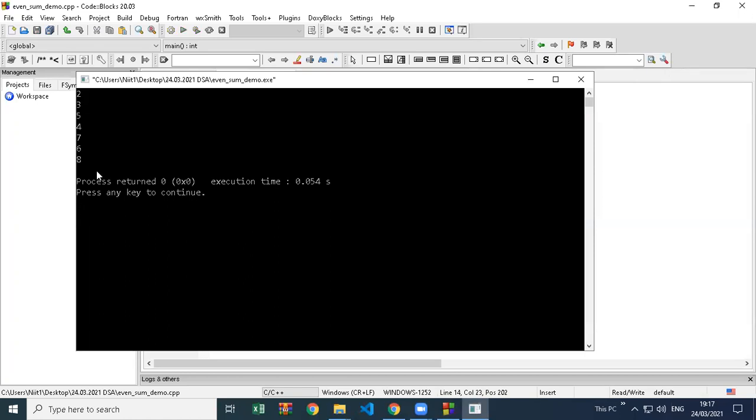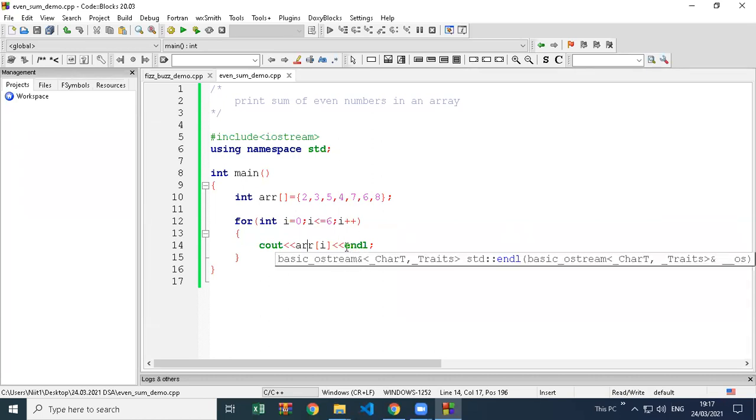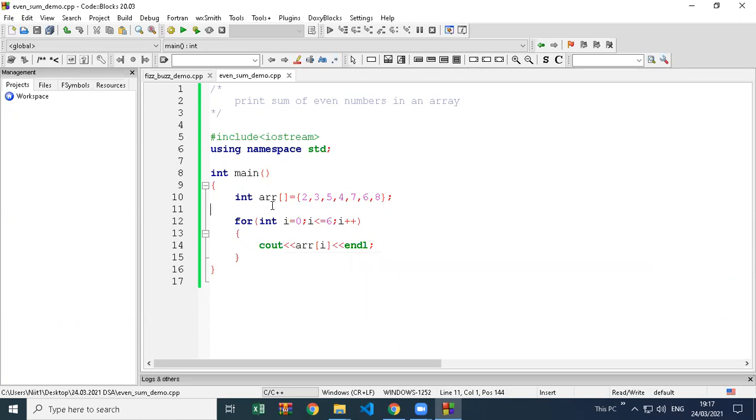See, there is no condition written here. That's why it is printing all numbers. All the numbers you are taking from the array, we are printing it. So just before printing, if you add a condition that this number is divisible by 2, we'll get even numbers. So now the second part, I want to print only even numbers. This is printing all numbers. Who is going to try this part? Print only even numbers.